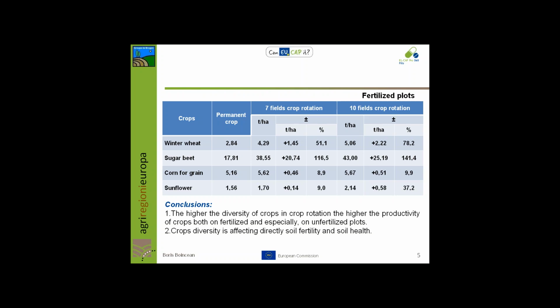Crop diversity directly affects soil fertility, soil health, and soil quality. By respecting crop rotation and the proper alternation of crops, we can reduce the necessity for high rates of mineral fertilizers and pesticides. For example, in our experiment, the extra yields of winter wheat from mineral fertilizers by sowing this crop after a late harvested predecessor is lower than the yield reduction from sowing winter wheat after a late harvested predecessor relative